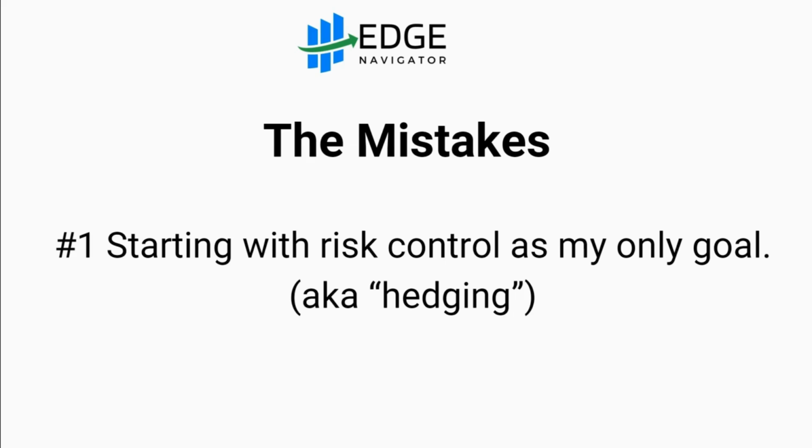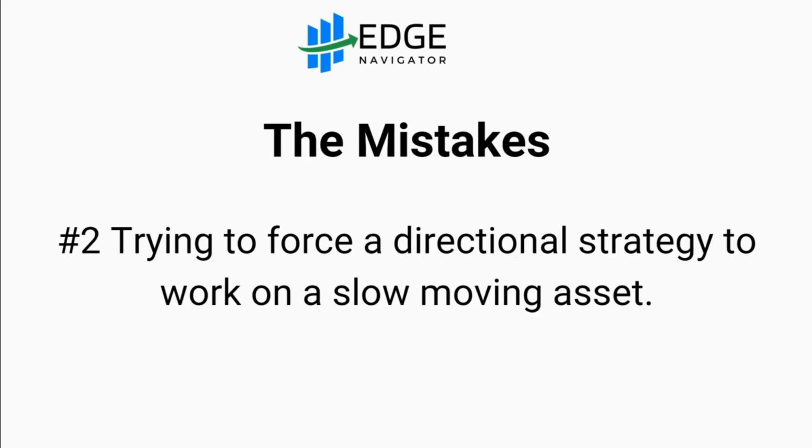But often it's inefficient, adds additional costs, may not protect you as well as it could. And it's really just a psychological crutch to not close the position or trade at the correct size in the first place. So that mistake led to a hedge that was ineffective, inefficient, and didn't really improve my risk-adjusted returns. And the second mistake was trying to force a directional strategy to work on a slow-moving asset. So I had the wrong asset combined with a certain type of strategy, and they were not a good fit because I did not do it in the correct order that's being prescribed.